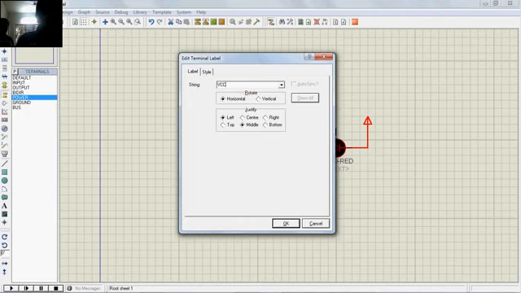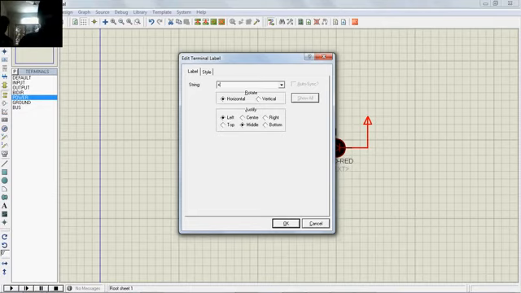Plus is needed or minus is needed. It's necessary. You have to write whether it is positive or negative. The polarity is a must. And plus 5 volt, you can give plus 12 volt, like that. Anyway, the LED will be burned if you are giving greater than 5 volt. Only 330 ohm is given.